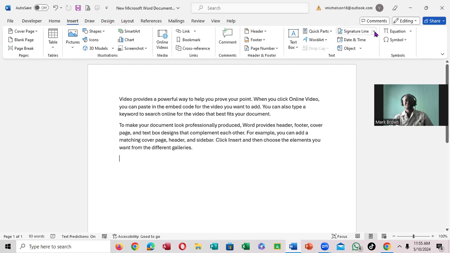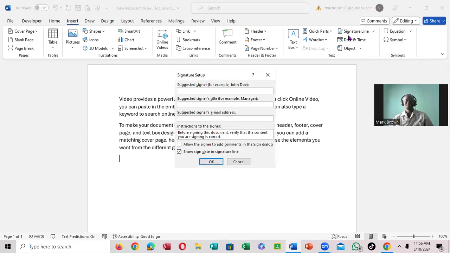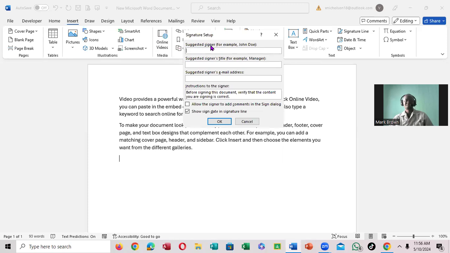You're going to click on the down arrow. Notice it says Microsoft Signature Line and Add Signature Services. We're going to click on this first one right here. You notice it brings up this dialog box. You can put the cursor on it and move it exactly where you want it, up and down, just like that. So right up in here now, you're going to put, for instance,